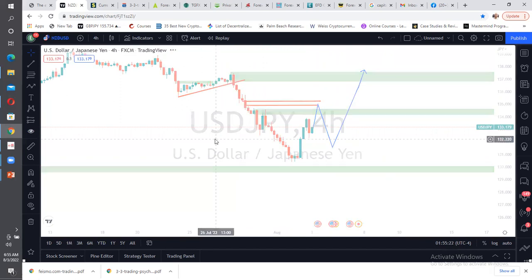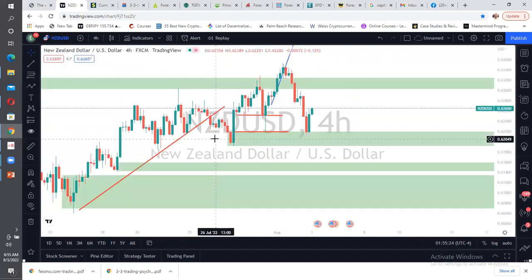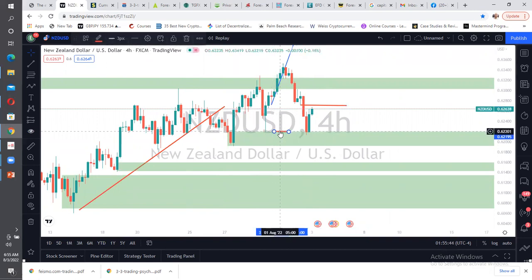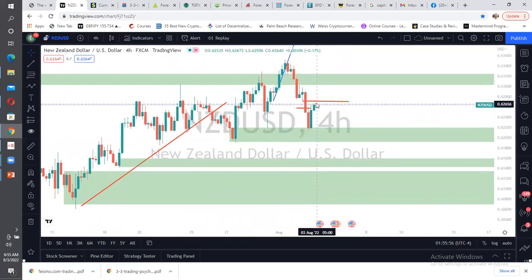And the next one is AUDUSD. AUDUSD has tried, it has gotten to this level here. Between here and here, there is a fair value gap, and the market is trading into the fair value gap here. All right, so after this, I would like to see this movement. Does it hit this level? Nice one.